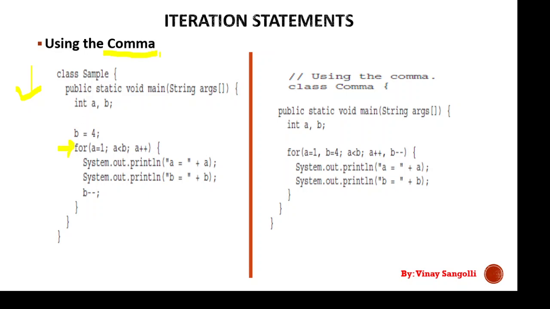Using the comma, we can define the various variables within the loop. Which variables can be defined is the next question. We can define our initialization variables as well as iteration variables. Both can be defined. The initialization variable is nothing but the first variable, and the iteration variable is nothing but the last variable.